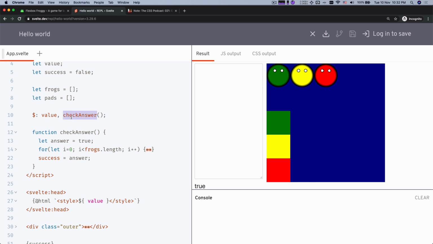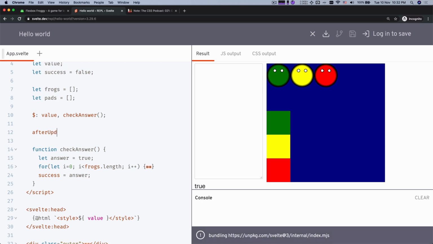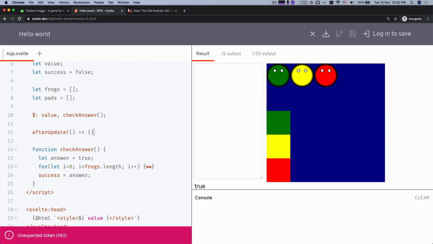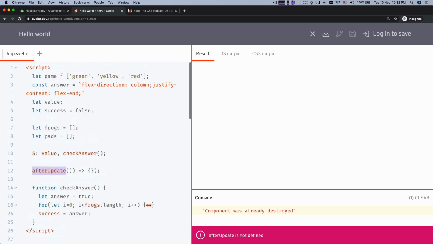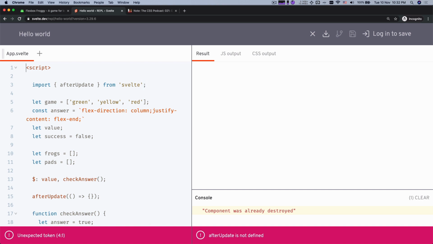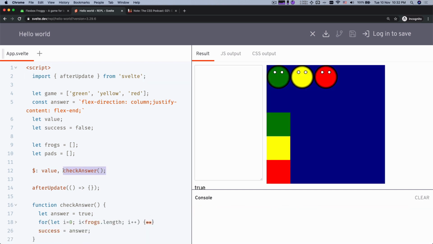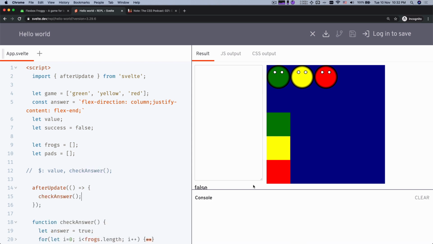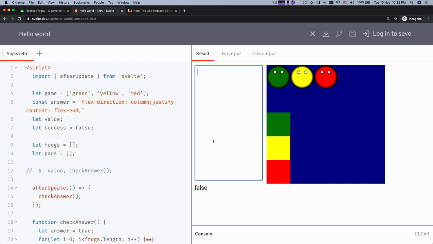this doesn't work. This is being called right before it's being updated, right? So we want it to be called right after the DOM is updated. One thing we can do here is call afterUpdate, and this should solve our problem. So afterUpdate, we need to import it from Svelte. If we call checkAnswer, I'm going to comment this out and call checkAnswer over here. So the initial value sounds promising, and we type in flex-direction,